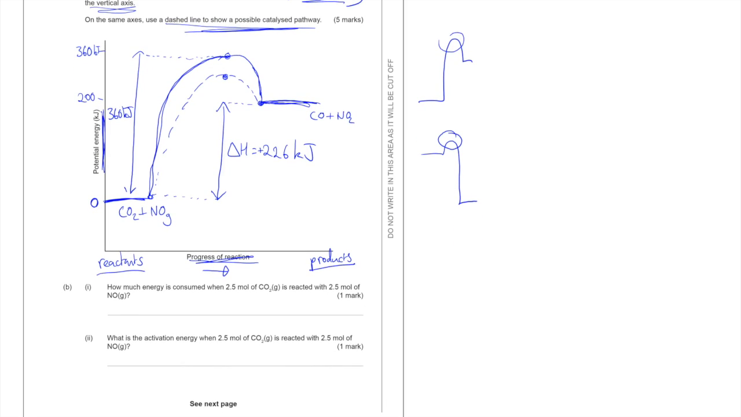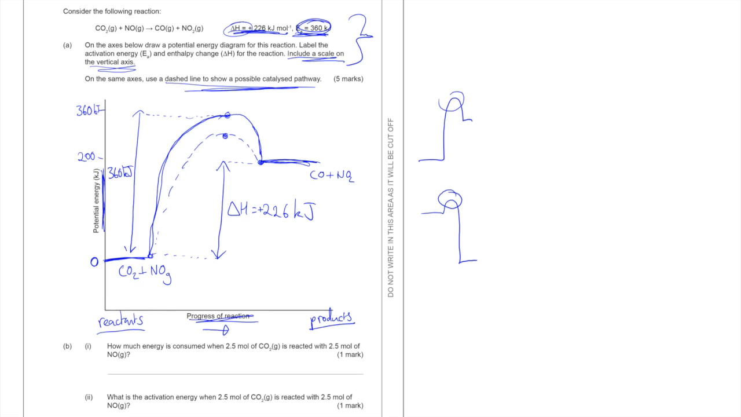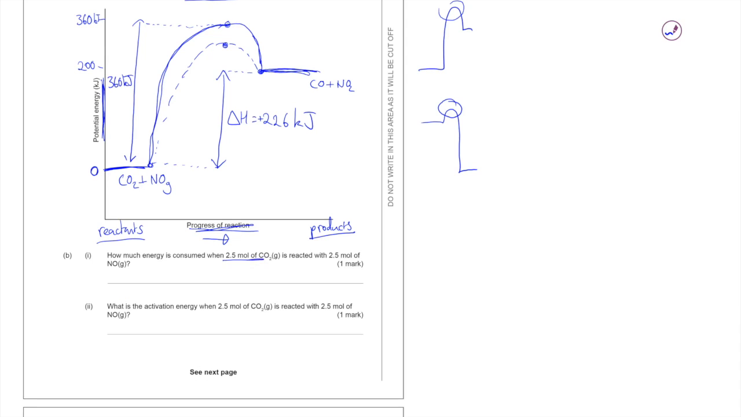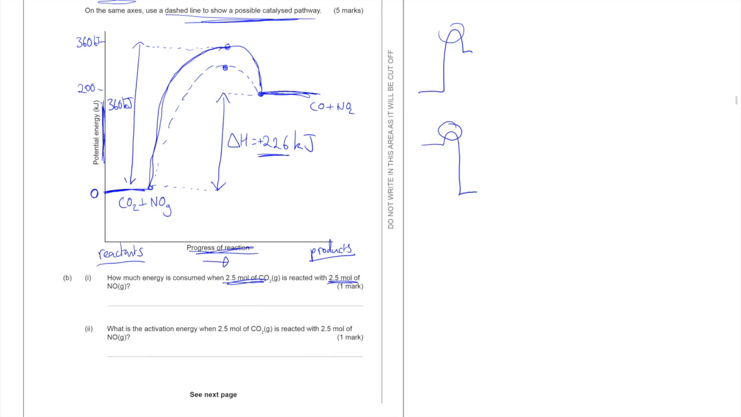How much energy is consumed when 2.5 moles of carbon dioxide is reacted with 2.5 moles of nitrogen oxide? Now, thankfully, this equation is really simple, and we've got a 1 to 1 to 1 to 1 reaction. So we don't have to deal with any stoichiometry. We're not stressed about what's the limiting reagent. It's going to be 1 to 1. So all we're looking at here is 2.5 moles of CO2, and it's the same quantity, so we've got enough of both of these, and we know that it takes 226 kilojoules for this to occur,